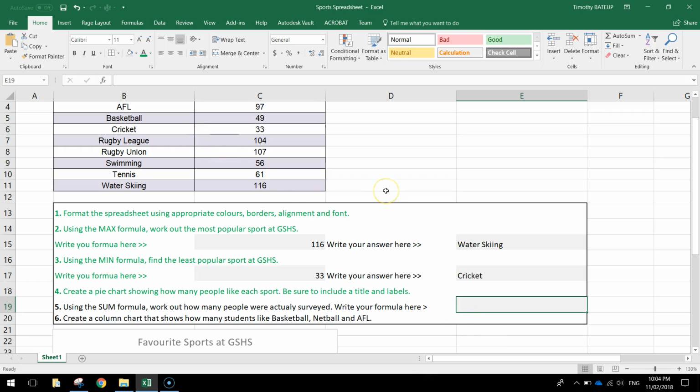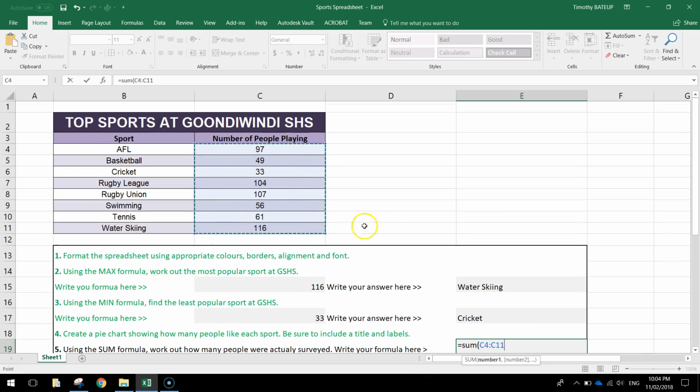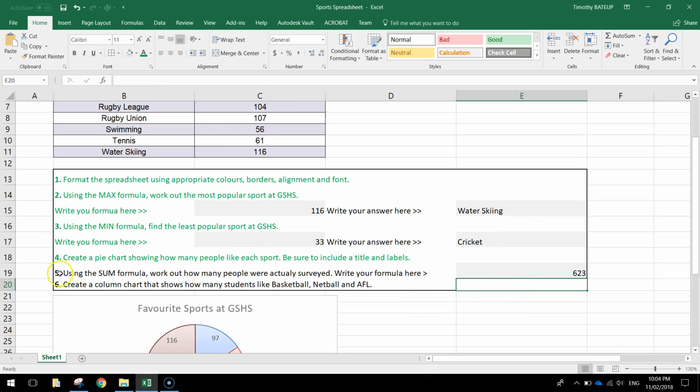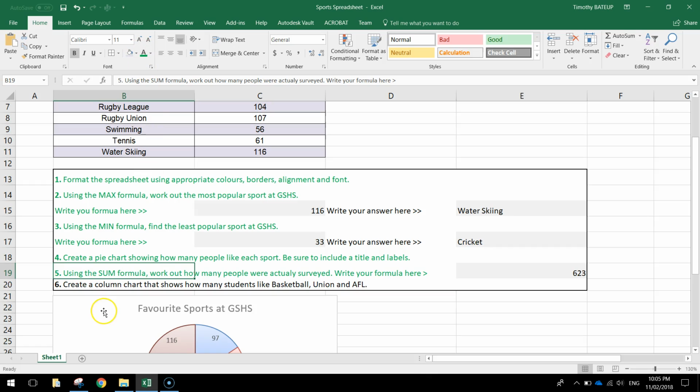So basically, we just write equals sum, and we're just going to highlight all the numbers. Okay, that will tell us how many people were actually surveyed. Okay, 623 should be your answer. So equals sum, and then C4 to C11 in brackets. That's question 5 done. So finally, now we're looking at question number 6, and it says create a column chart